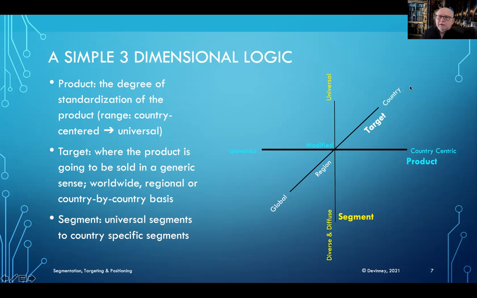But it could be sub-country region. So it could be the northeast of England. So it could be Yorkshire versus Lancashire. So you can go beyond this, but it could be, for example, European, or it could be global. So you can see, I could say, well, I've really got a universal segmentation structure. Okay. But the way I'm targeting that is I'm targeting at the country level. So I'm looking at a universal segmentation structure where I think all young millennials are basically the same. But the way I'm going to do the targeting is at country level. Okay. As opposed to